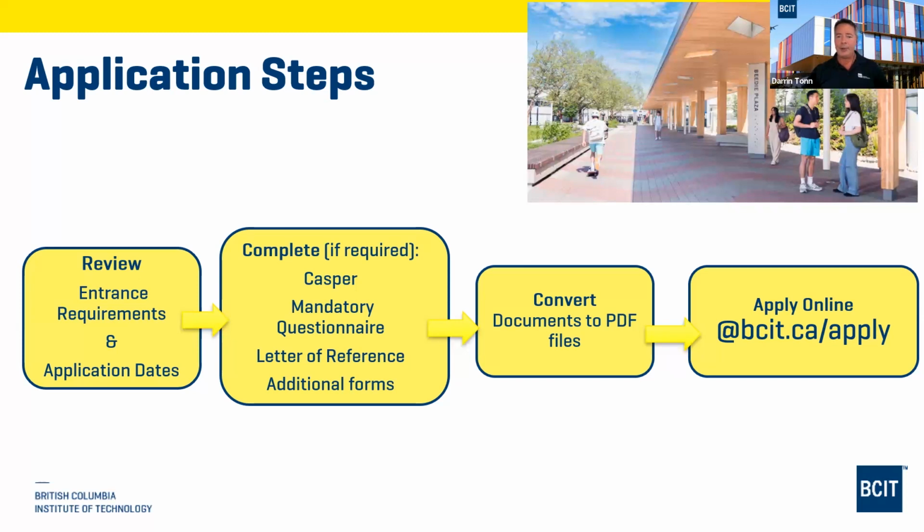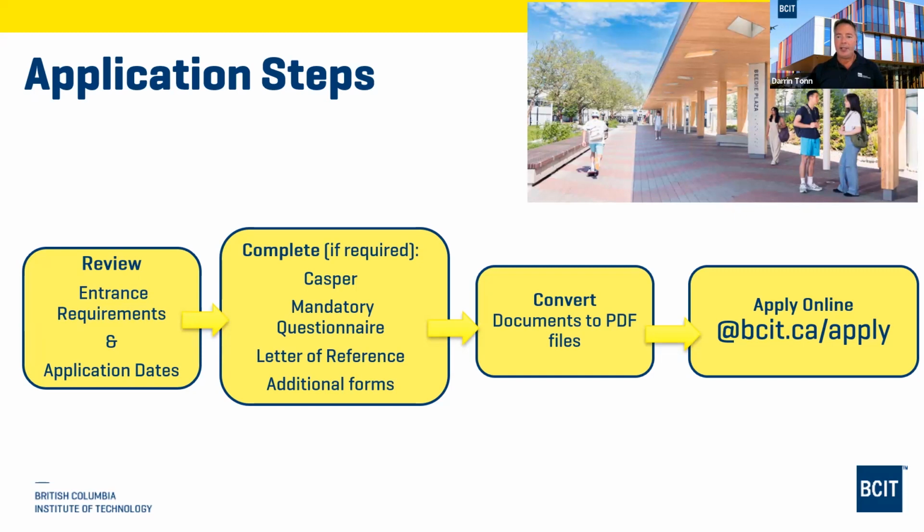Regarding the application process, you will first review all the entrance requirements and the application processing dates. You will then upgrade if necessary, and BCIT does offer upgrading courses in many of the subjects, and program advising can help assist you with that. Ensure that when you apply online you have all of your required documents, such as transcripts, ready to scan and upload as PDF files. And bcit.ca/admission can help guide you through the step-by-step application process.